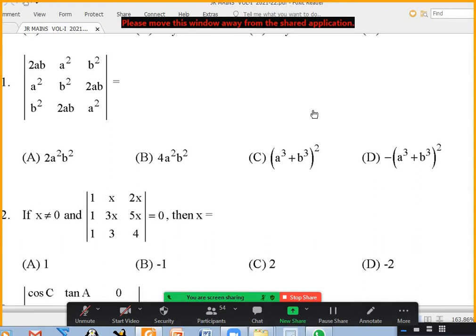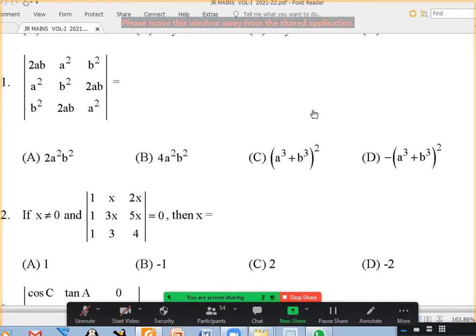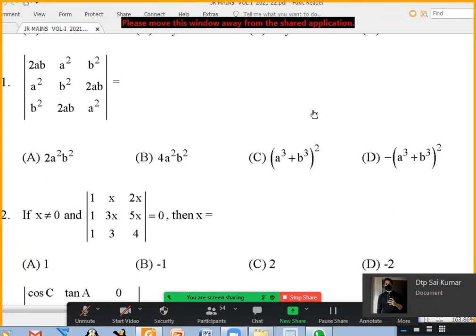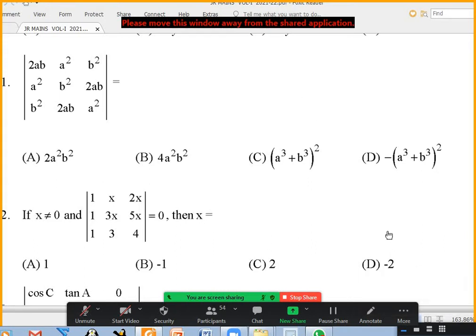Okay, 49. Anybody doubt? I'm going to erase. Anybody needs more time? No, sir. Sir, for 51, we should do column 1 equals column 1 plus column 2 plus column 3, no, sir? You can do that way. The reason I gave the questions in our mains material in order is that in the beginning I gave questions where you don't have to use any properties. Just expand. It may come easy. Sir, now also if we just expand, it's over. Yes, it's over.